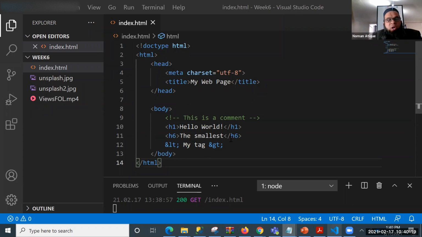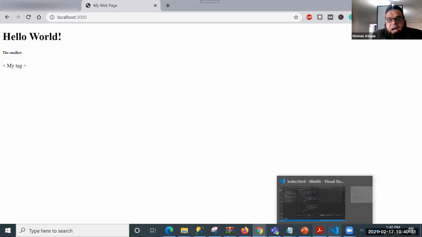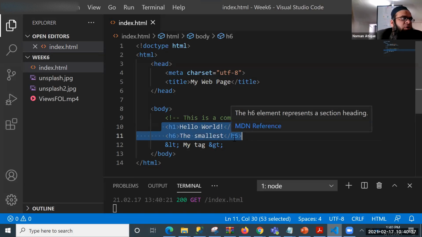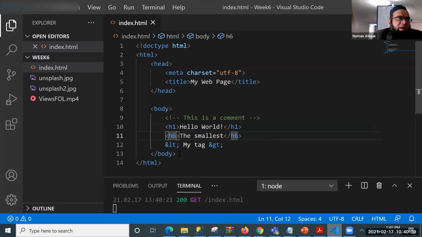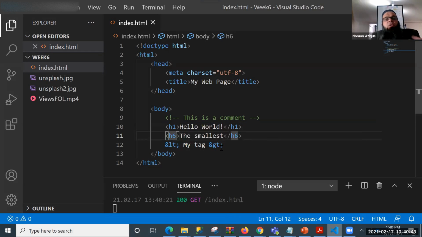Right now, if you look again at the document that we are creating, it's very simple in nature. It has some default style that a browser implements, and other than that, we are not implementing any style. The only thing it is doing is rendering all the fonts. When I give H1, it renders it out. When I give H6, it renders it out. When I give an entity to it, it just renders it out and displays it accordingly.